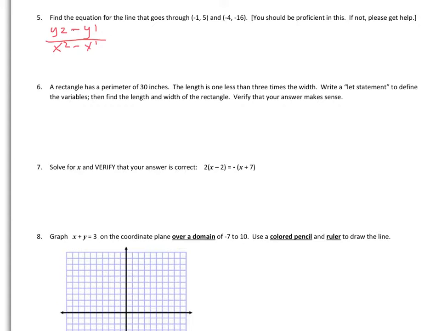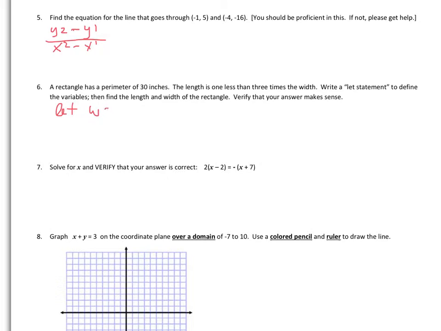Alright, number 6. A rectangle has a perimeter of 30 inches. The length is one less than 3 times the width. Write a let statement to define the variables, and then find the length and the width of the rectangle, and verify that your answer makes sense. Well, I'll give you a start on this one. How about we're going to say let